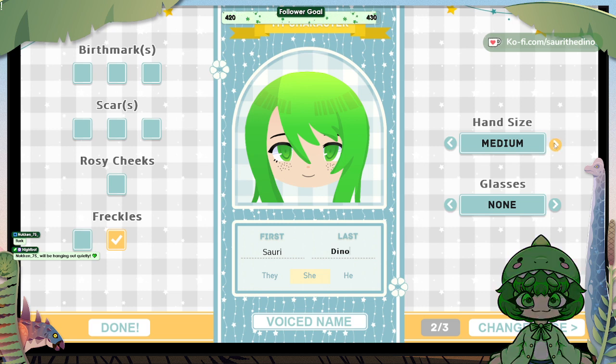Freckles. Cute little freckles, adorable. Hand size. Chubby. Glasses. Yes. The freckles kind of look... We'll do the rosy cheeks.